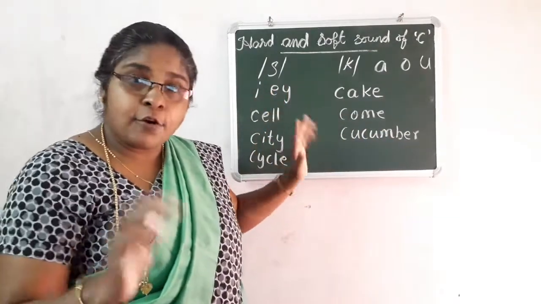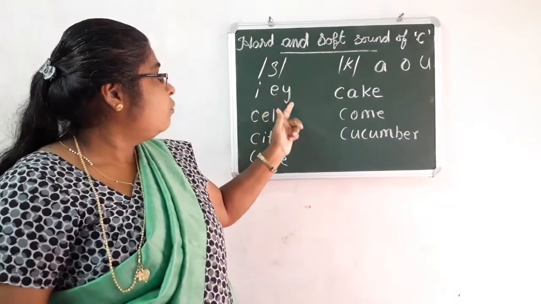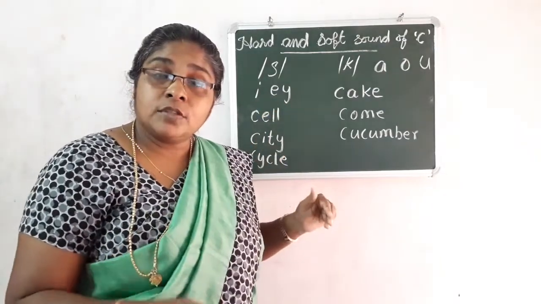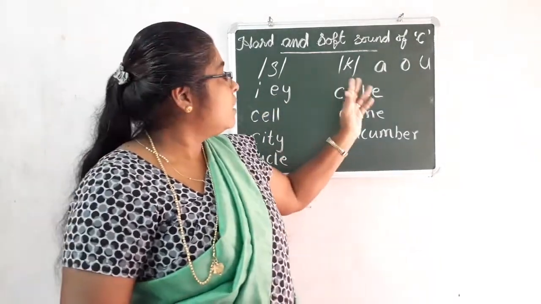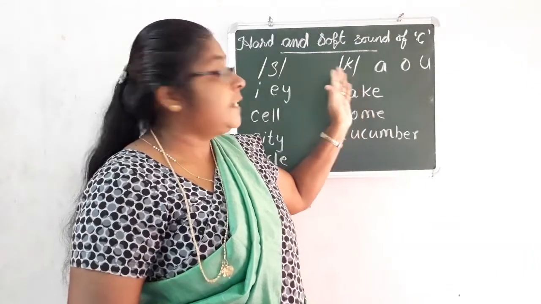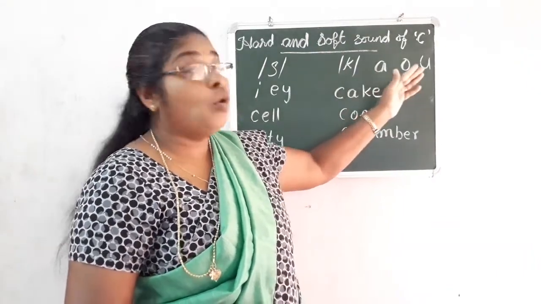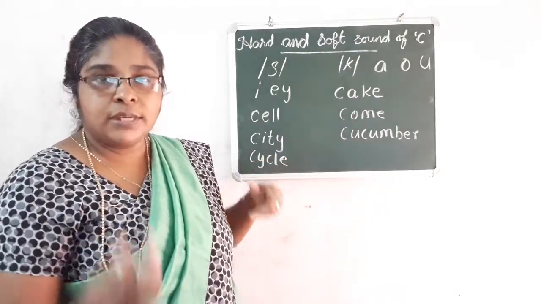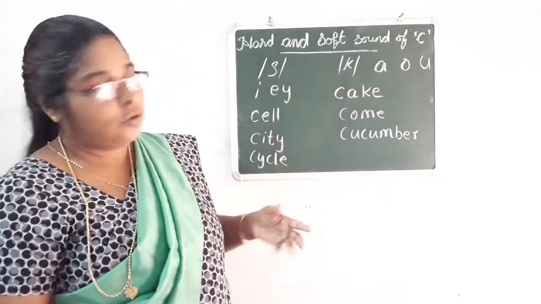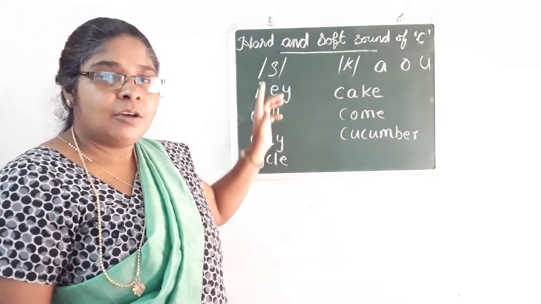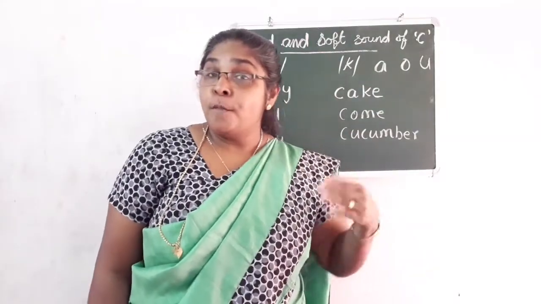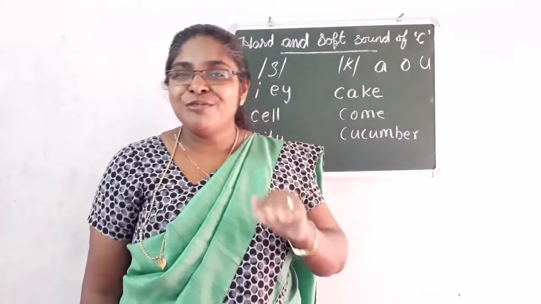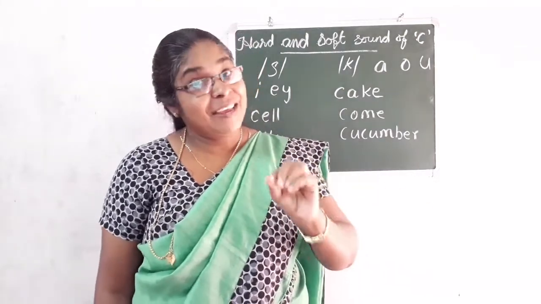Okay, once more we can see. Whenever C is followed by I, E, Y, the C sound becomes soft, and whenever C is followed by A, O, U, the C sound becomes hard. Hard sound of C is K. Soft sound of C is S. Okay, you have to find out more soft and hard sound words of C and make a list of your own